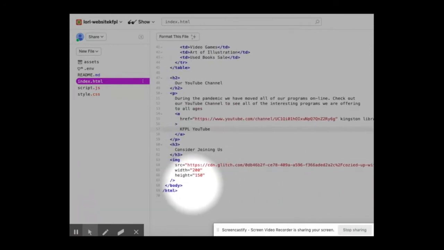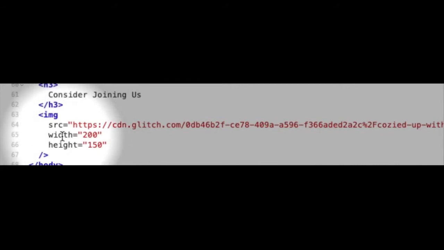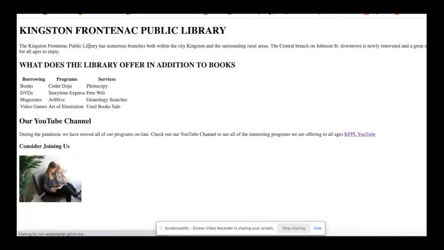page, even before we stylize, all you have to do is write width equals and a number of pixels in quotation marks, and then height equals a number of pixels in quotation marks. I just experimented with the number of pixels and came up with 200 width, 150 height. And I'm going to show you the resulting web page in a new window so that it's nice and big.